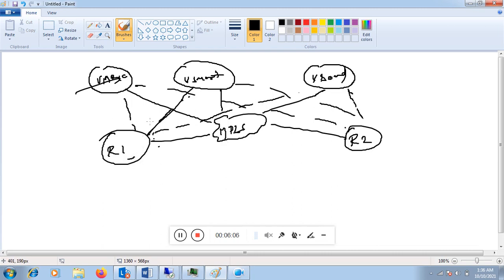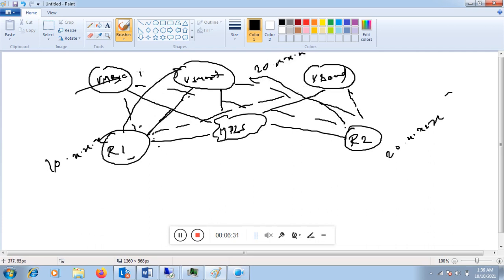So now let's say you have a subnet 10.x.x.x here and 20.x.x.x here. The 20.x.x.x information will be shared with vSmart by R2. Similarly, the 10.x.x.x information will be shared with vSmart by R1.